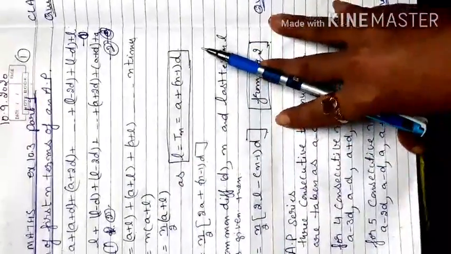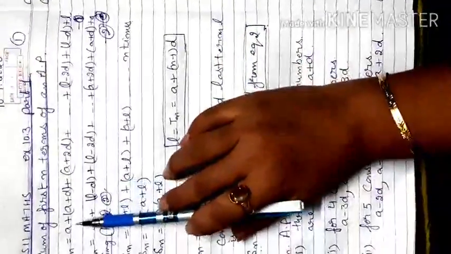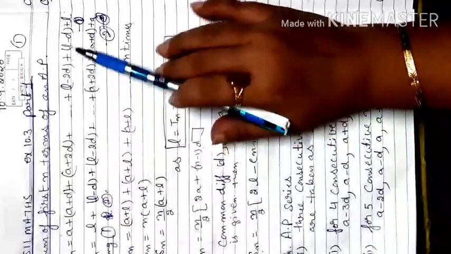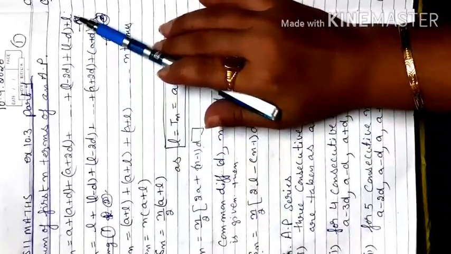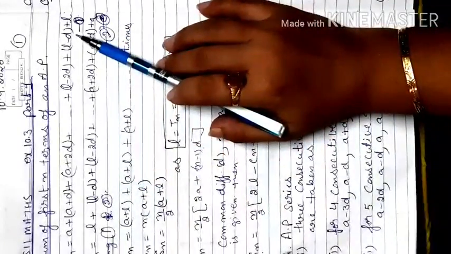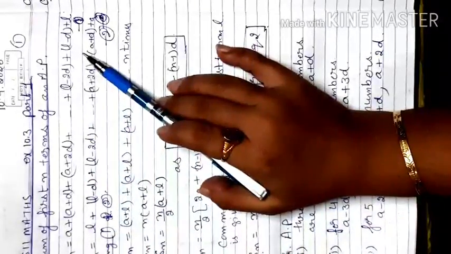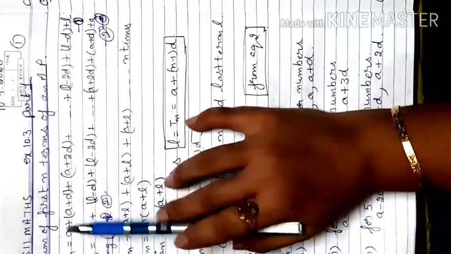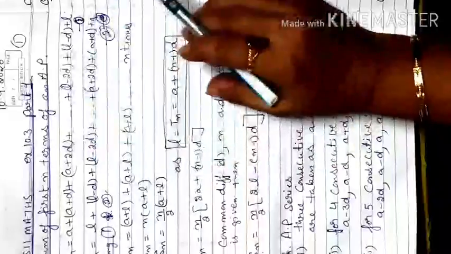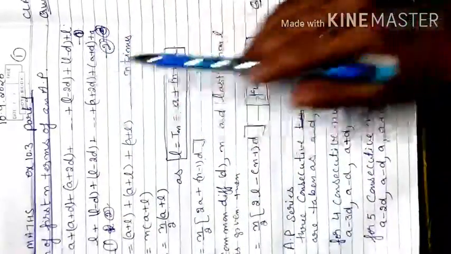Like here, what is the meaning of sum of n terms? Whatever terms are available to you, like here a plus d, a plus 2d, L minus 2d plus L minus d plus L. L means last term, because when you move from back to the front, the difference will be subtracted, and when you move front to the back, in the increasing order, from first to last term, the difference will be added. But when we go back from last to first term, the difference will be subtracted. So L minus d, L minus 2d will be our last three terms.